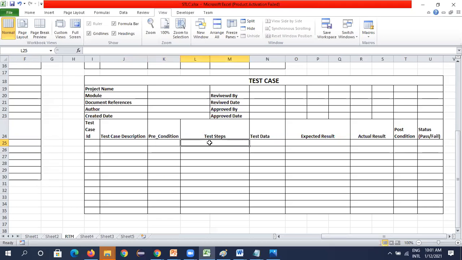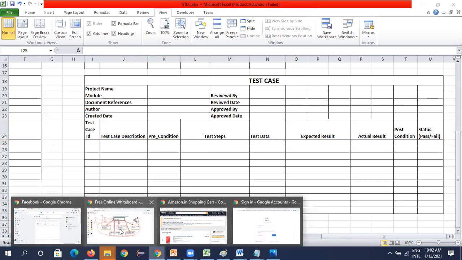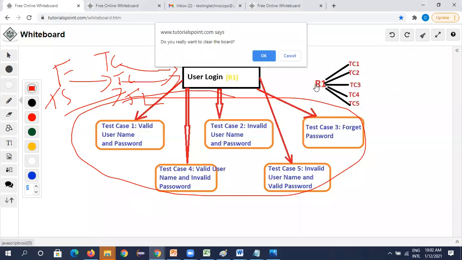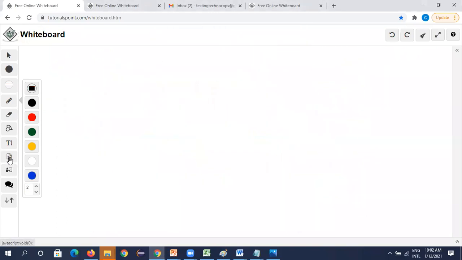Then the steps we are doing: enter the valid user ID and password. Then the data, and the expected result: when we enter a valid username and password, it should navigate to the home page. I'll show you one sample test case for login functionality.